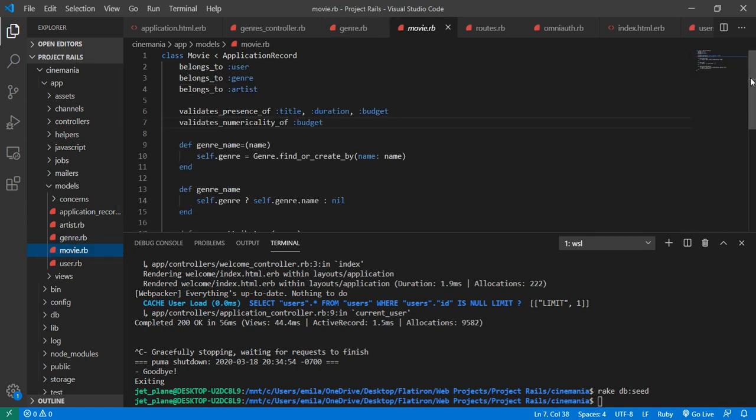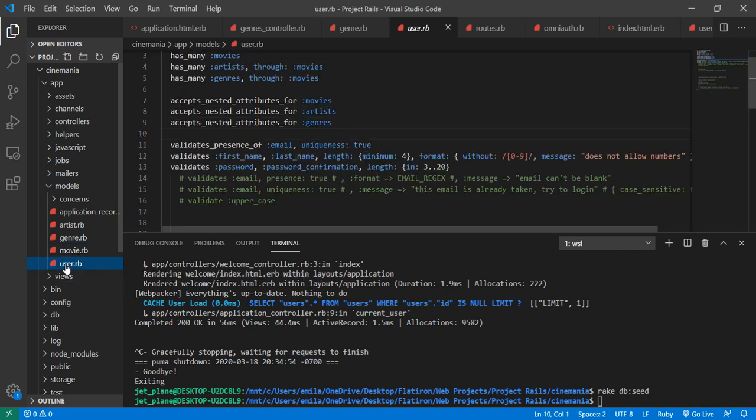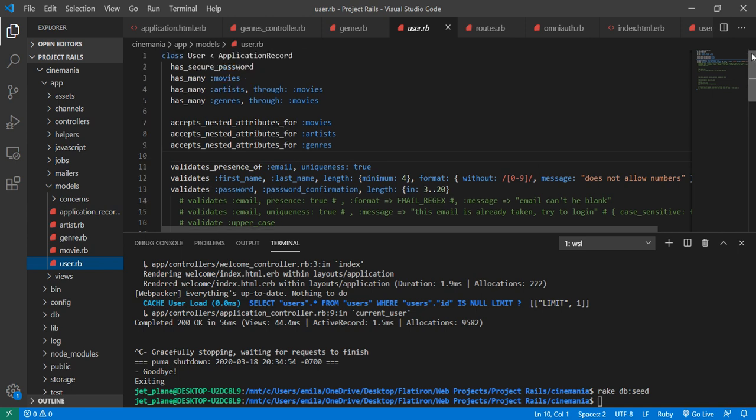And the movie model, it belongs to user, belongs to genre, belongs to artists, and validates presence of title, duration, budget, and validates numericality of budget. So it should be an integer and not a string or word. So, in our user table, we have this has secure password macro, which is